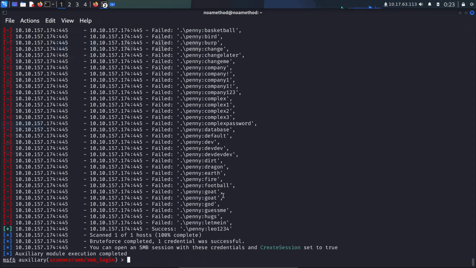Hello, my friend. If there is anyone who loves cybersecurity, well, we've completed this. The first login was successful. We can open a session with this login. The password is leo1234.